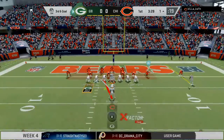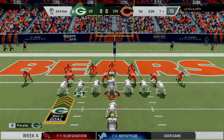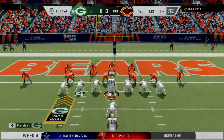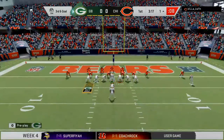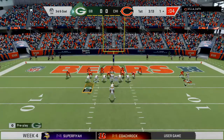Lucky. Check, crunch. Check 15, check 50. Get the edge. Go. Check 26. Set, go. Go. Motion. Let's